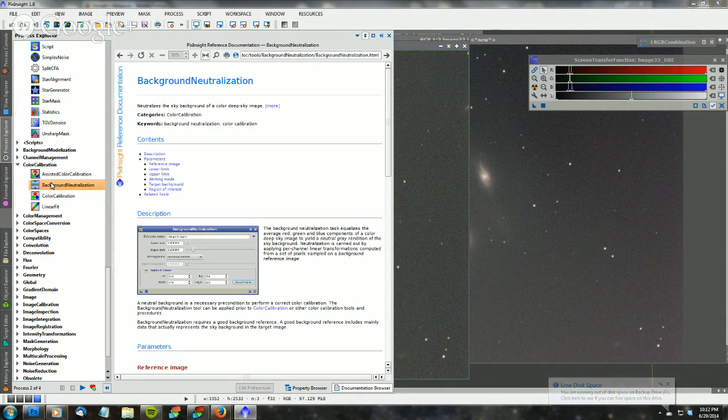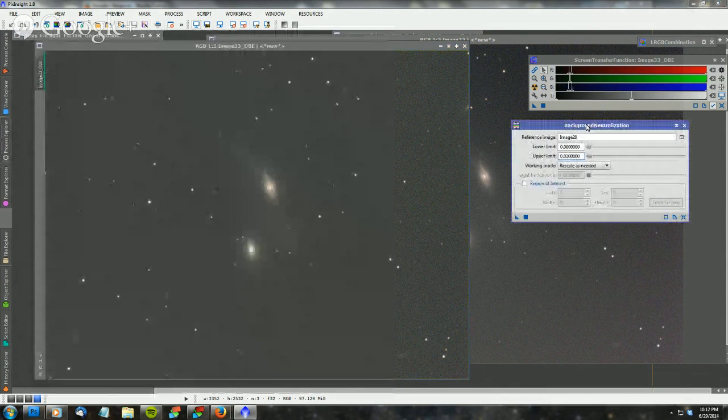So I'm going to start by opening background neutralization, and the first step is to look at your image. How many stars are there? Can you see a good piece of background sky where you can generate a good box around? And when I say box, what we're going to be doing, again, I am a hotkey guy, so I don't even remember where these things are, but what I want is